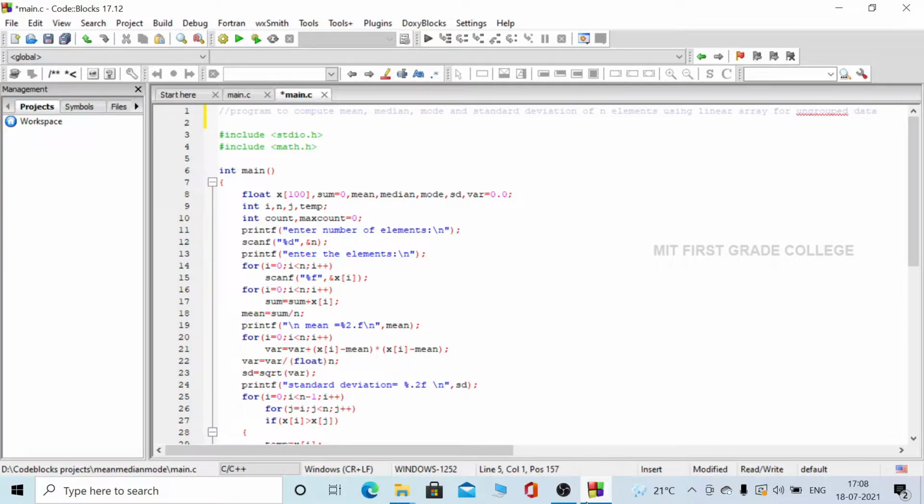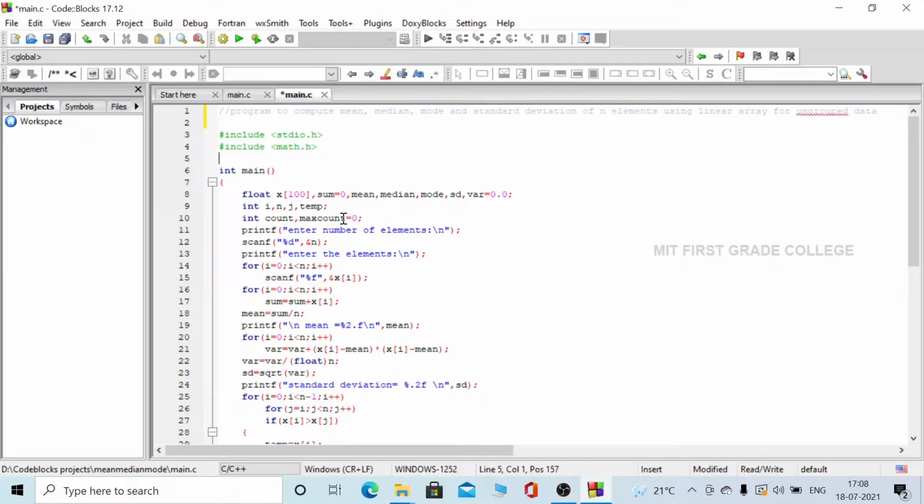These are the variables we initialize using a float data type, and int is used to initialize i, n, j and temp. Here we are also initializing count and max count equal to 0.